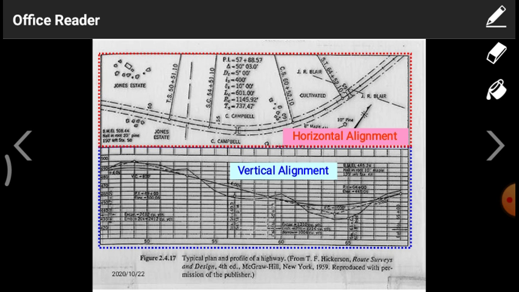That means in the drawing itself, first of all, we have to understand all those drawings by using the different notations they are giving on those figures. After the observation and understanding is over, we need to take the drawing part to the field part. That means simply we have to plot those drawings into the field with respect to their values and other notations. And we have to explain those things to the labor or any other site engineers who will execute the work.